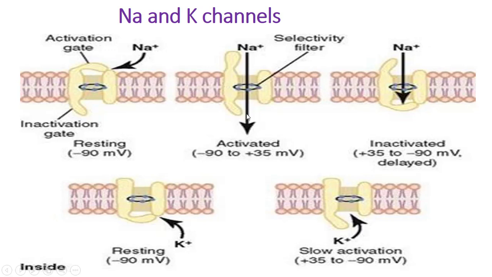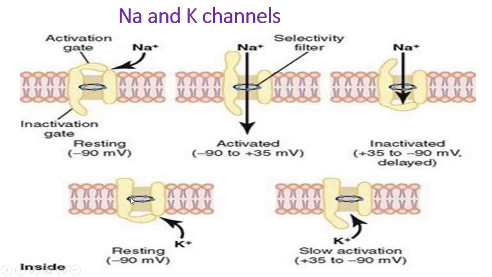It will come inside. When the positive charge moves in, the membrane potential converts from minus 90 to plus 35, because the sodium is coming inside. To stop this movement, the lower portion, known as the inactivation gate, is going to close, and whenever it closes, the channel will be inactivated. Now no further sodium can move in, and later on when the cell moves into the resting state, again this gate is going to be closed, and this one is going to open. So these are the sodium channels.